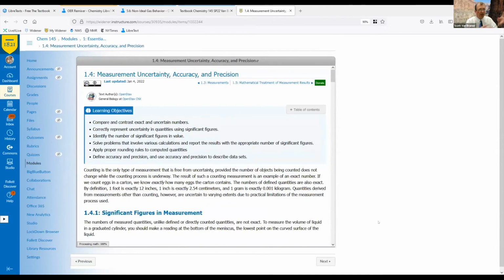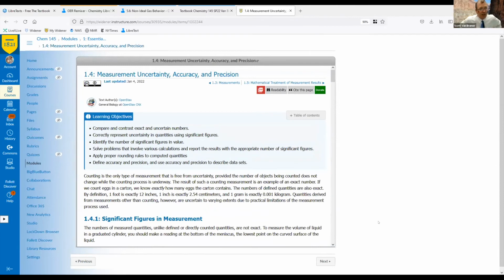I could add all the stuff that you can do in Canvas with modules to control when it's available, that they have to read it before they can go to the next one, they have to answer a question. Like, you could do all of that. I could have gone totally bonkers and spent my whole winter break doing this, but I didn't. So that's the quick overview of what this system will allow you to do. And my brain is still bending in new and different ways to think about how this is going to change how I teach.